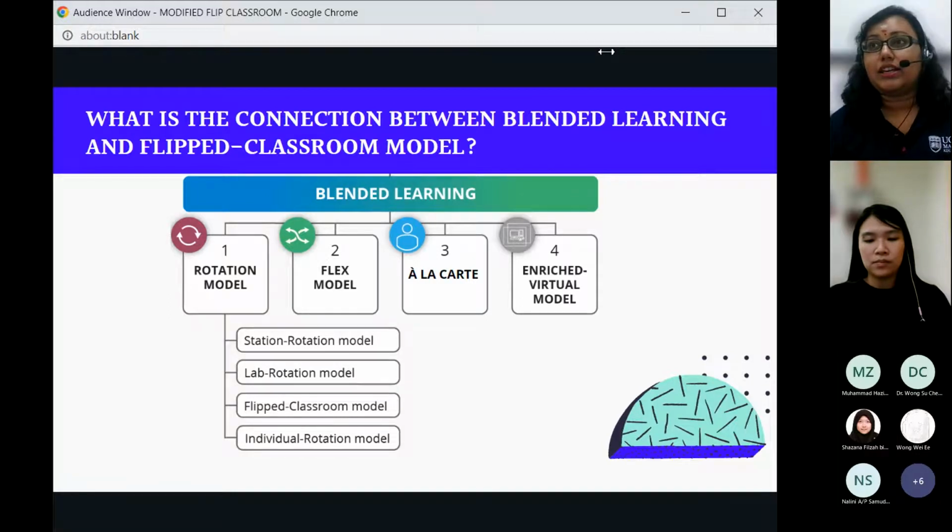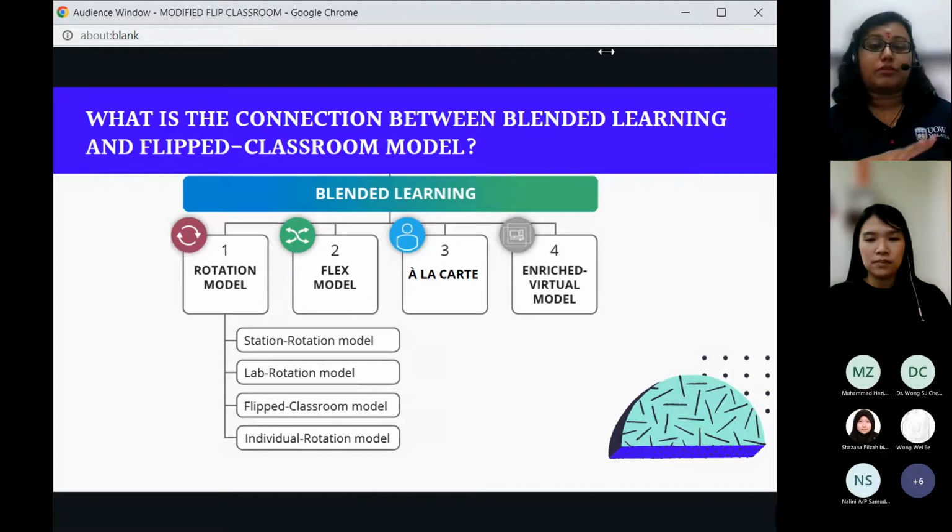Students get the benefit of choosing some courses to be learned online, and some courses to be learned physically. So we have both methods, in class and online, but the students will choose: I think I want to go to physical class for this particular course, or I want to do online classes. So that is a la carte.